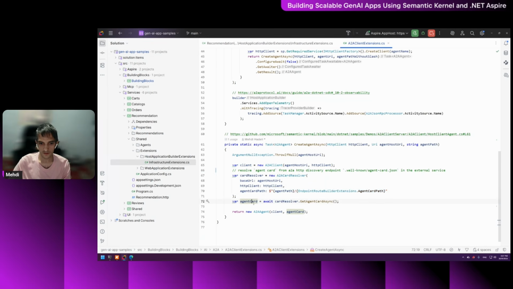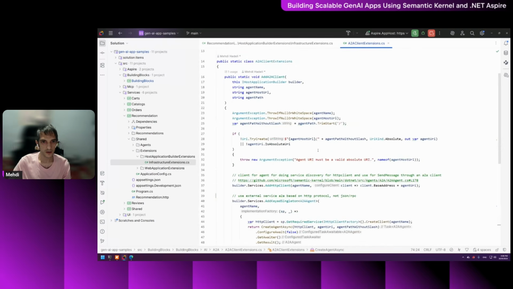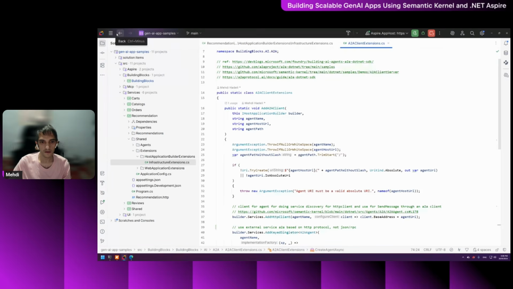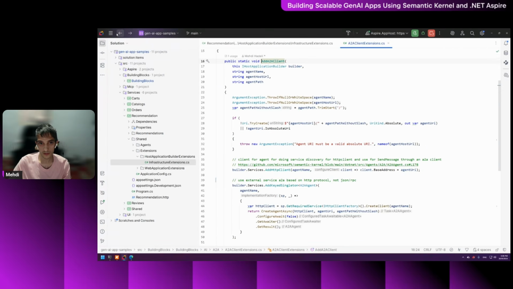And after getting this card, the agent client and gateway agent are ready to use, ready to communicate with our gateway server. And that's it about registering our gateway client and communicating with the other server, which is our gateway server, which is the reviews microservices. Yes, that's it. And after adding this gateway agent client in the